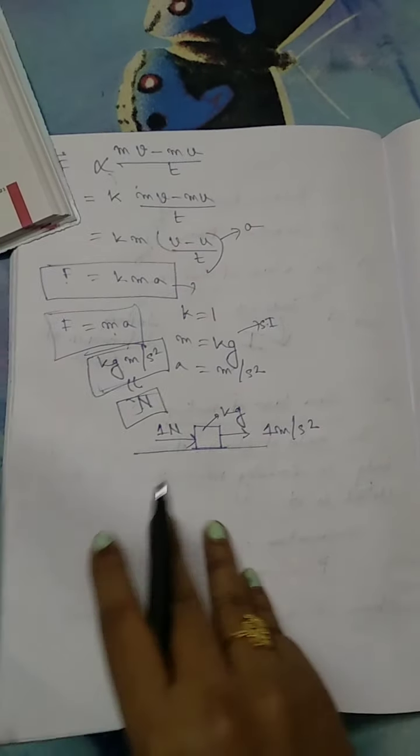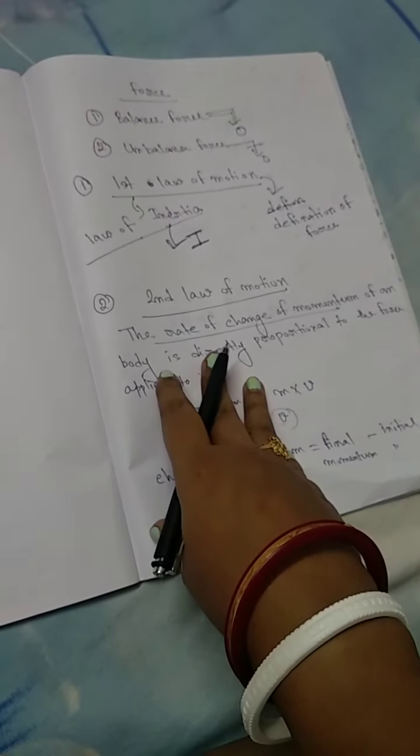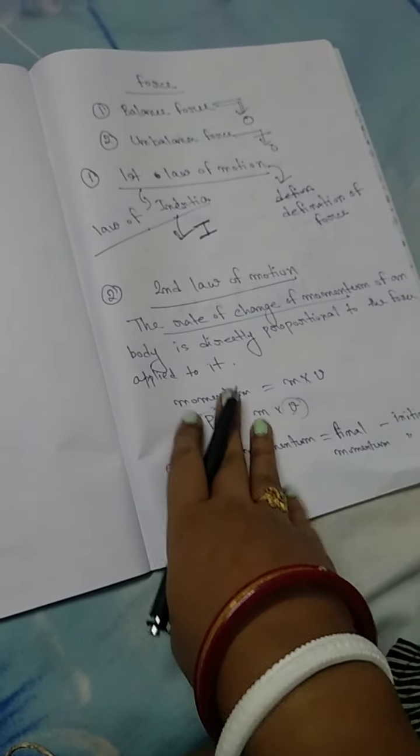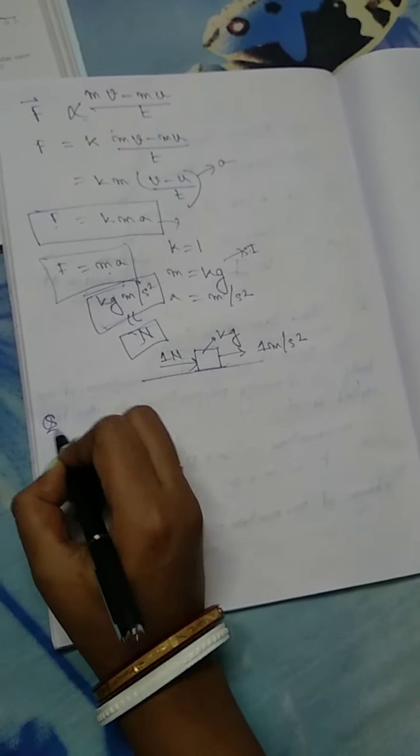I think whatever I have taught so far is clear now. Balanced force, unbalanced force, after that first law of motion, second law of motion, and then the formula of force. So let's do some math, okay? Suppose